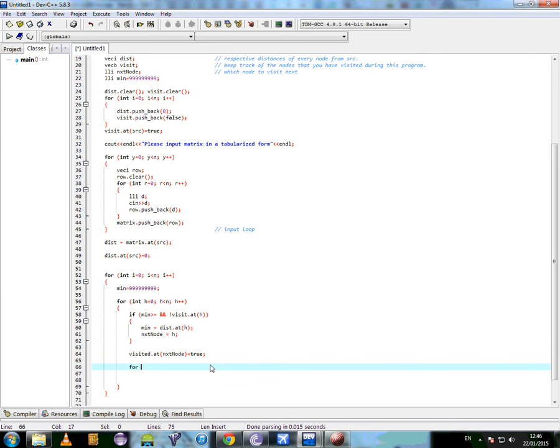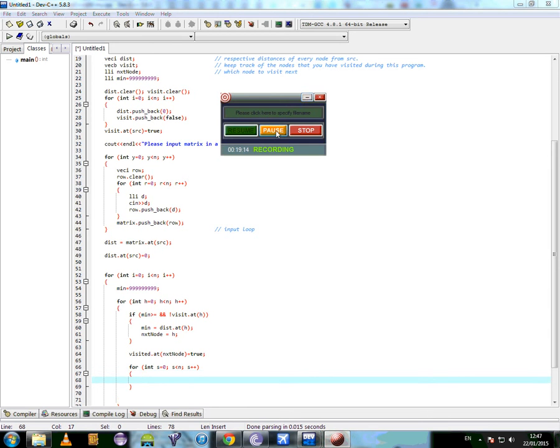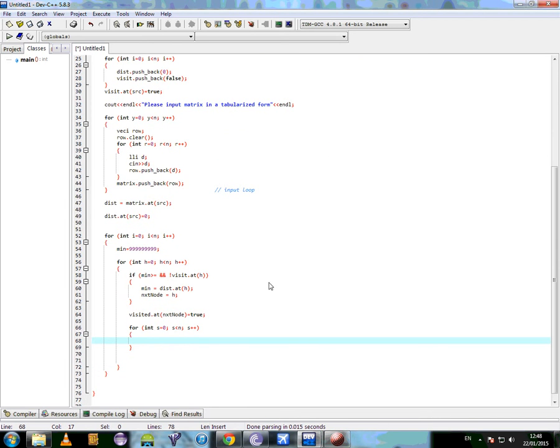Now I want a for loop here. Int s is equal to 0, s less than n, s plus plus. Okay, now if you have not previously visited, visited dot at s, so I will do an exclamation mark here, not visited, then